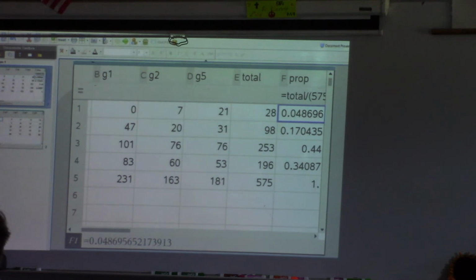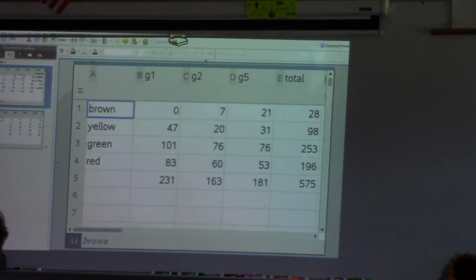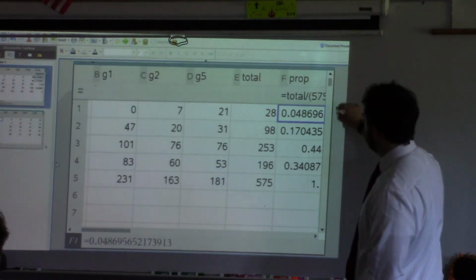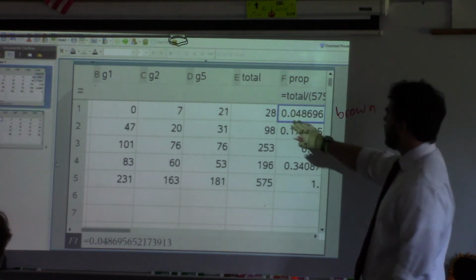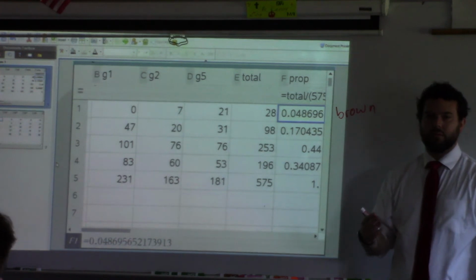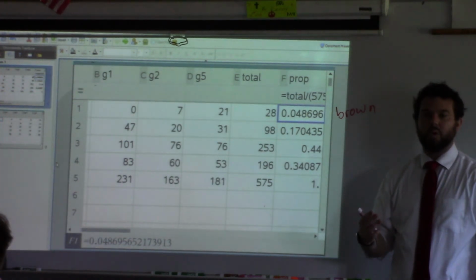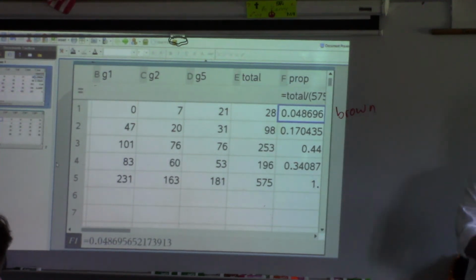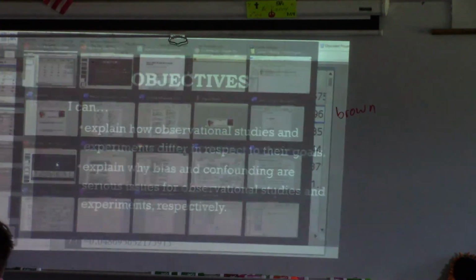Yesterday, to start, we expected the brown M&Ms to be approximately what percentage of all the M&Ms? So the proportion would be 0.049, right? Which is roughly what percentage? 5% roughly. 0.05 is the proportion, but the percentage, times 100, would be 5%, right? Because remember, and I should have had y'all write this down yesterday,